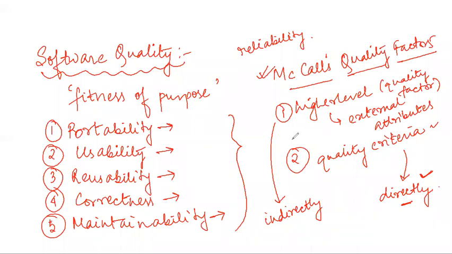Okay, so this was the concept about software quality, the modern approach: in modern days, what are all the attributes that contribute in determining the software quality, then what is McCall's quality factor, and how do we distinguish between a low level quality factor and a high level quality factor, that is an indirect and direct approach. Given the example of reliability, I have just explained that reliability is indirect, but inside this reliability, the number of defects and the amount of time are all direct factors. So these two are direct quality factors, and reliability as a whole is an indirect quality factor.